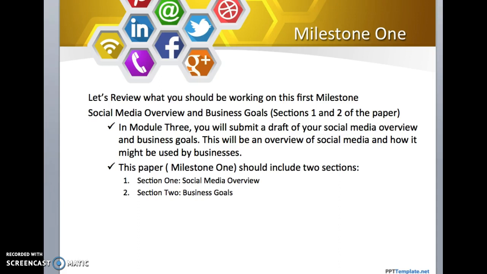So we're creating a foundation. Think of it as if you're explaining to someone in business who's not that familiar with social media. You're going to have to give them examples of what works, why it works, how it has been working. So you're setting the foundation as to why we are using social media, where social media has come from and where it is now. You're just setting the scene for the business owner.